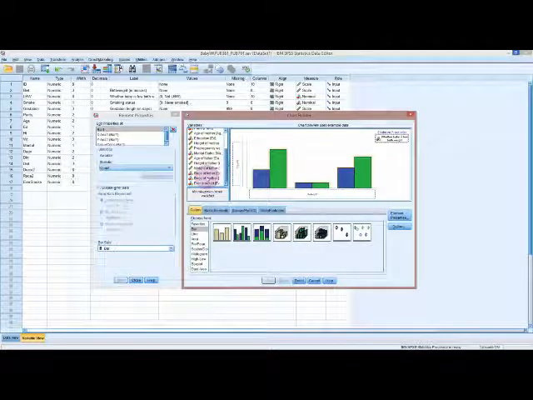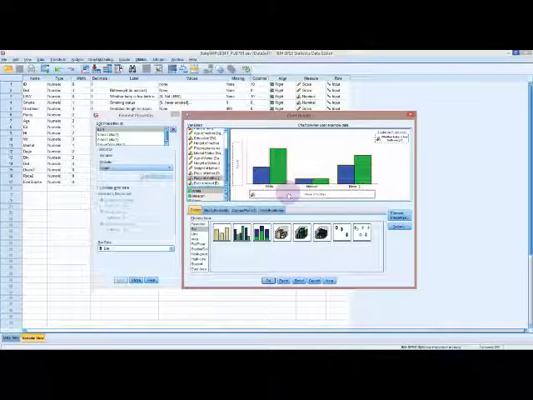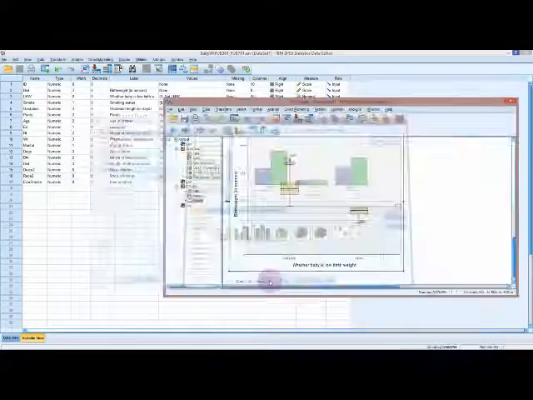It's not always clear which is the best way around to plot these. Sometimes it's a good idea to do it both ways and have a bit of a think about which one is showing whatever it is that you want to show in the data. And you'll see over on the side here it's going to plot the count, and we'll come back to this in the next bit. So if we just click OK,